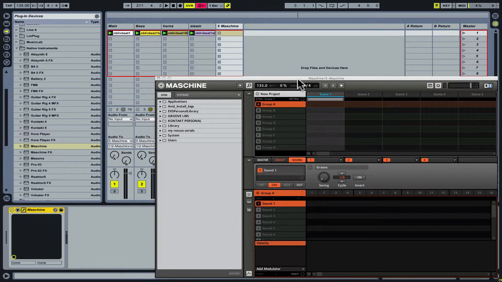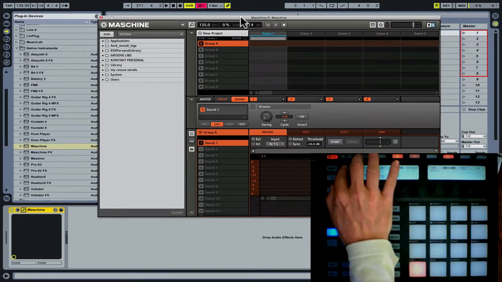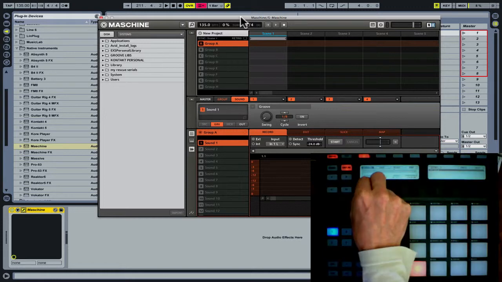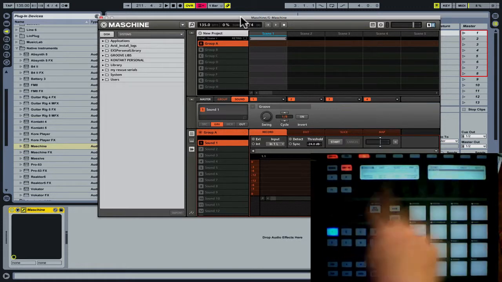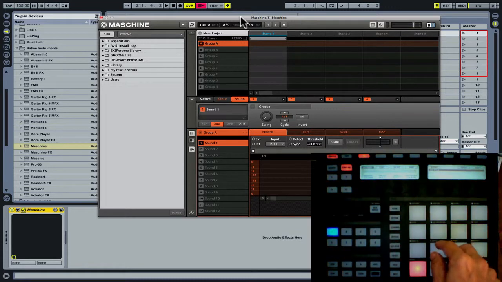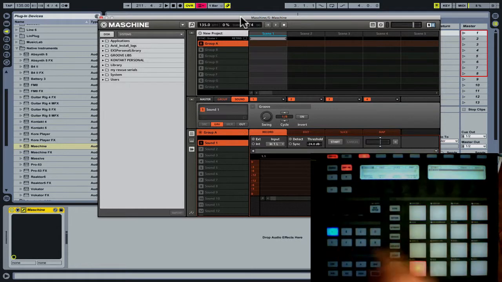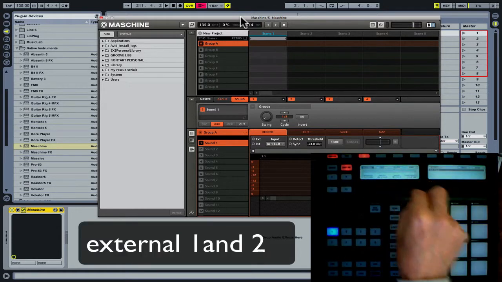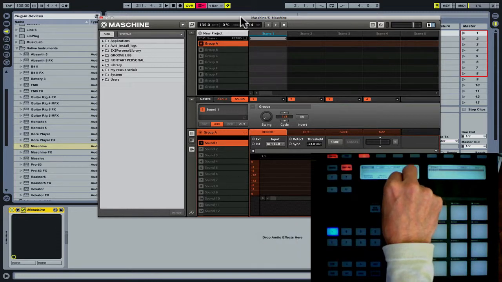So let's open our Maschine. Let's go to our sample window. So we're going to set that to external, which means outside of Maschine. Internal is for sampling within Maschine, say if you've already made a beat in here and you want to sample it to a new group, 1 and 2. Detection, we're not going to use detection for our sample bit because we know this is a particular